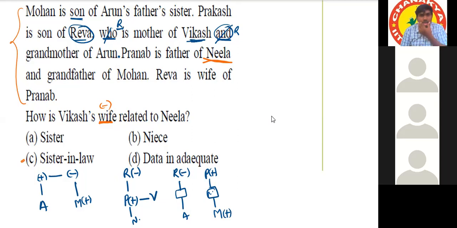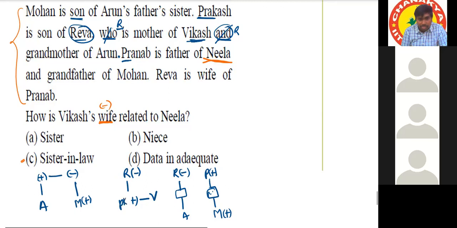Here, how will Reva be? Okay, this is Pranab, father of something. Yes, sir, there is a mistake here: Prakash is taken as P, and Pranab is also taken as P. Generally, I deal with person names by the first letter only. If the first letter is matching, I'll take the second and third letters also. So we can take PK for Prakash and PN for Pranab.